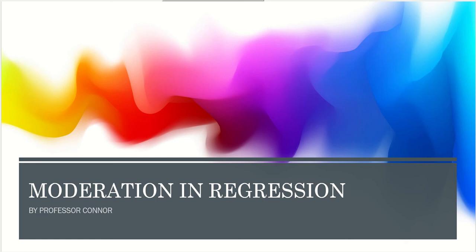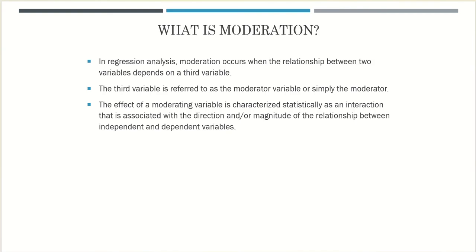Everyone. We're going to go ahead and take a look at how to perform moderation using regression. So what is moderation? Moderation occurs when there's a relationship between two variables and a third variable exerts its influence upon the first variable's relationship with the dependent variable. So the effect of a moderating variable is